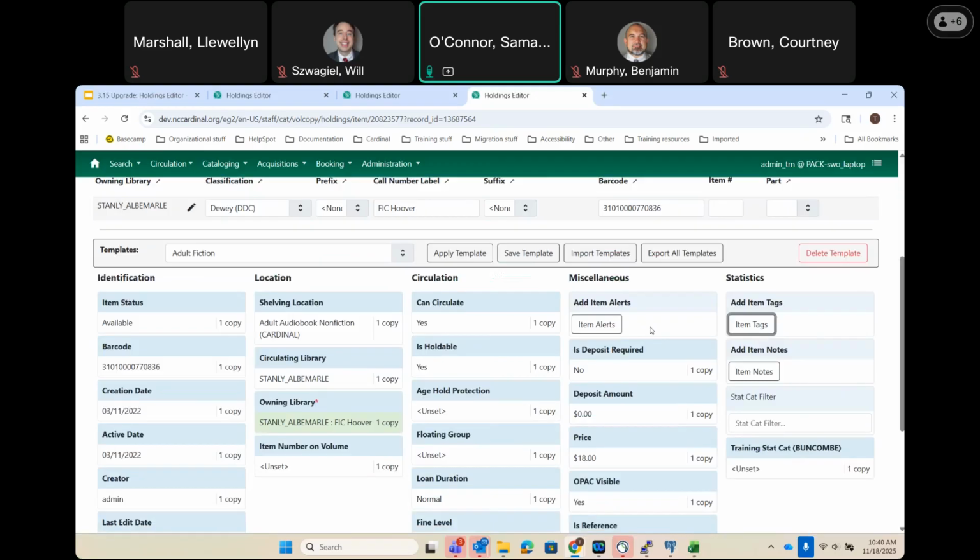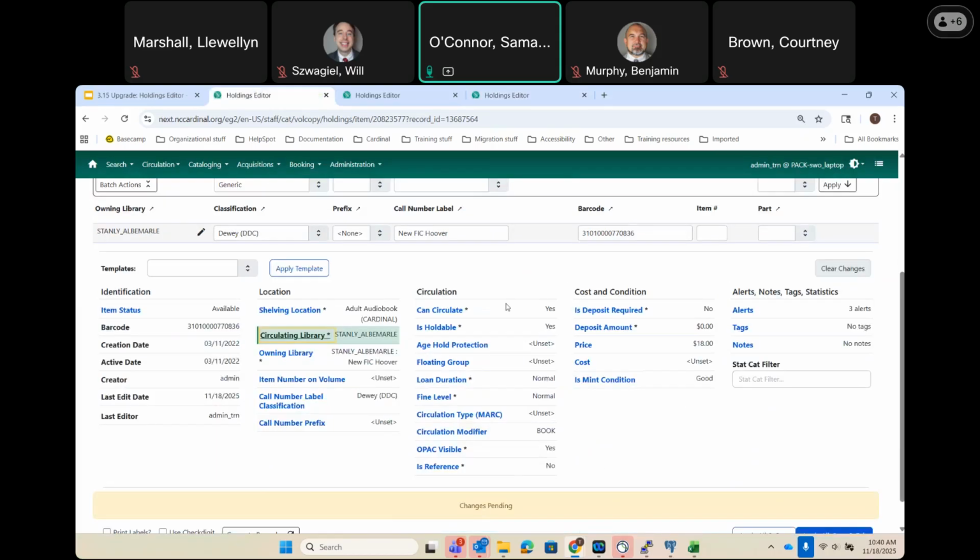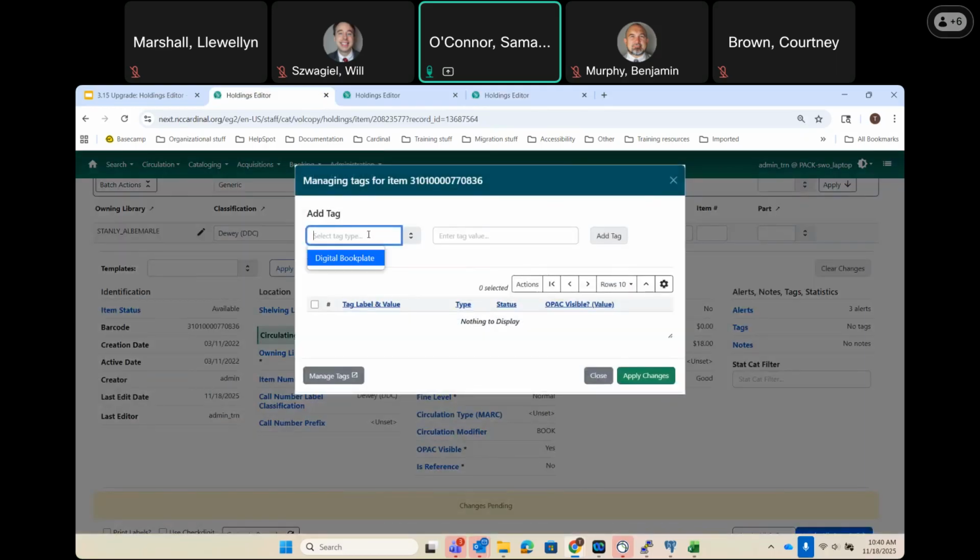It was a bug we didn't even know about until a couple of days ago. Basically, there is a permission type that allows people to create item tags that wasn't being hit, so it wasn't blocking the creation. So people were creating these on the fly, which could lead to inconsistencies in how they were being created. That bug was fixed in this upgrade, which means now if I come into 3.15 and I go into tags, I select my tag type, and then I put in